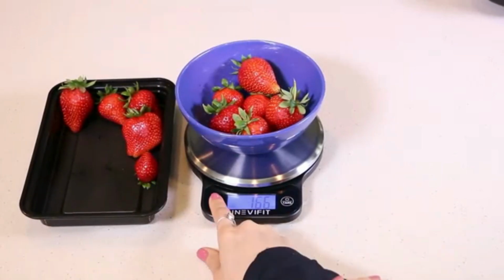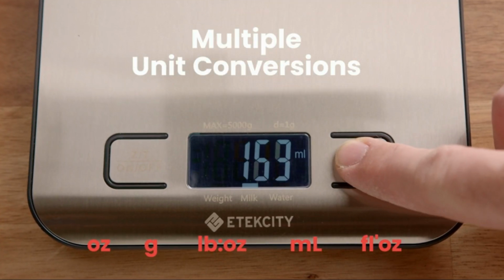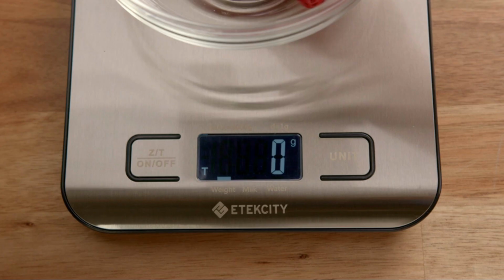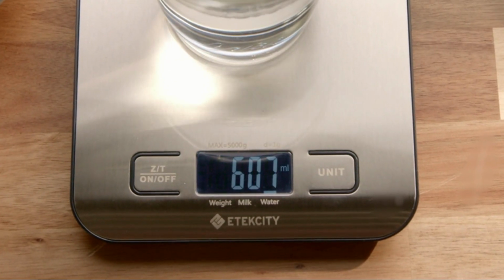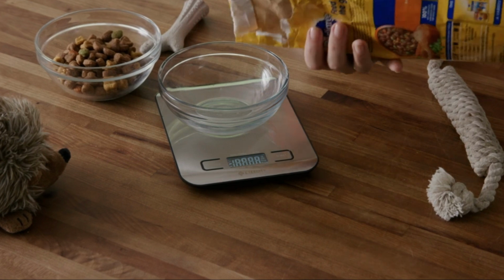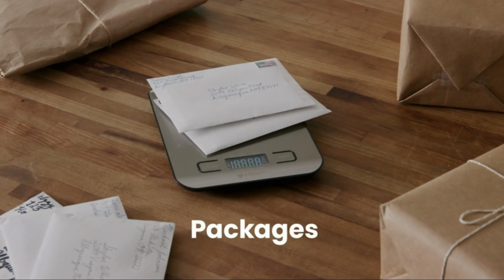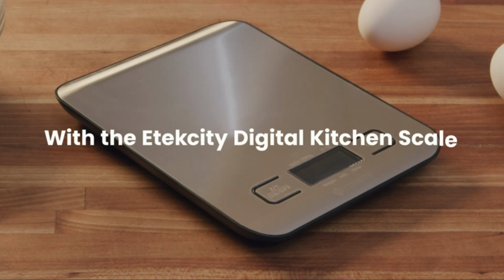One of the standout features of this scale is its backlit LCD display, which enhances visibility, ensuring accurate readings even in low-light conditions. The clear numeric readouts minimize any chances of miscalculations, promoting efficiency and precision in your measuring tasks. The scale is user-friendly. A simple touch of a button allows you to switch between units, which can be particularly helpful when dealing with various recipes or packages. Additionally, the design is sleek and compact, allowing for easy storage without taking